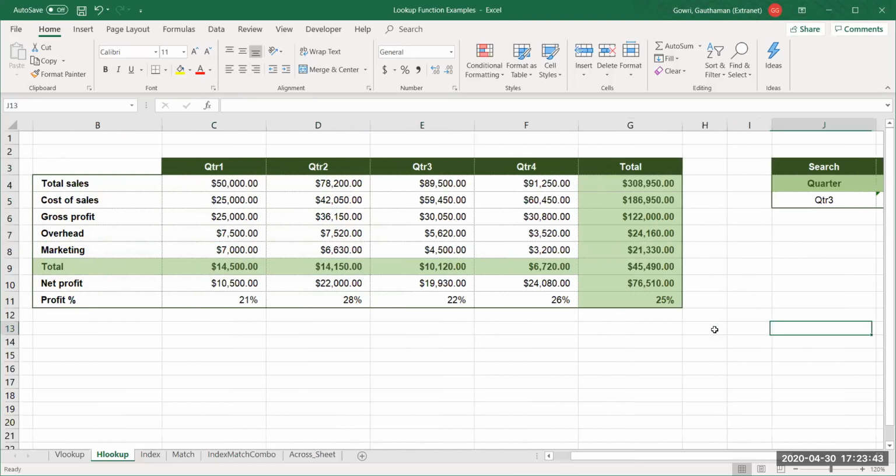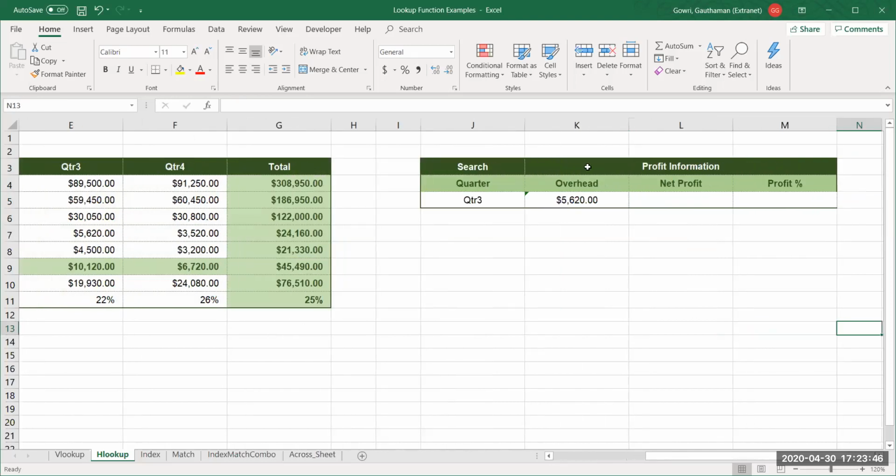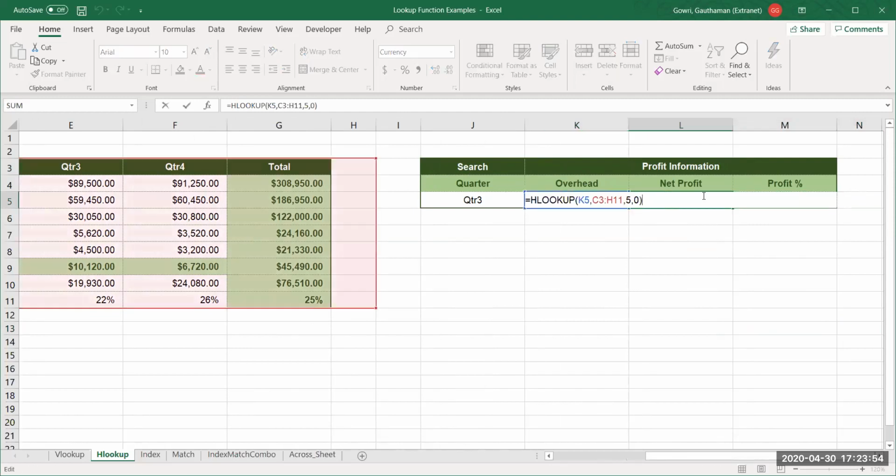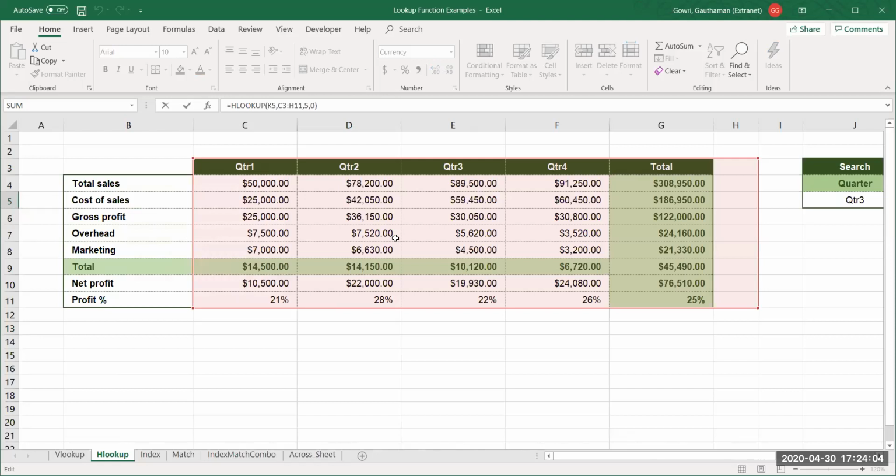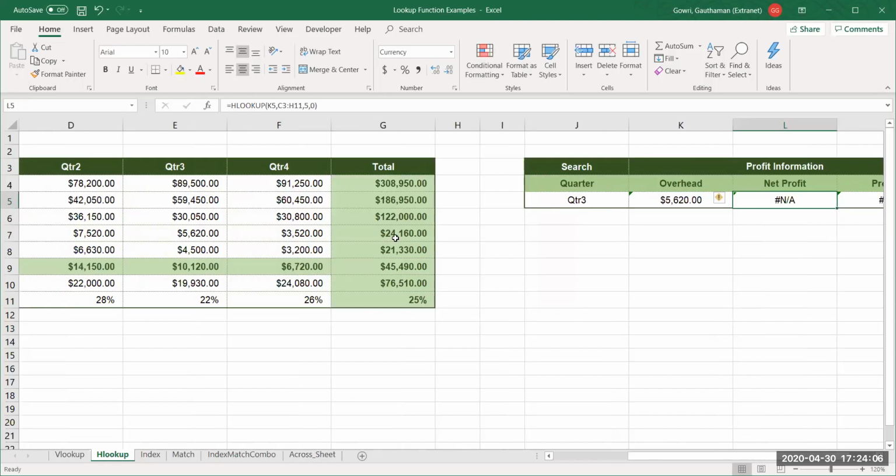Okay. So now, if I have to get other details like net profit and profit percentage, see if I drag it, you will get this error. That's because you can see here, the lookup value has changed from this cell to this cell now. And also my data selection has moved because I have not used any dollars. So let me go here again.